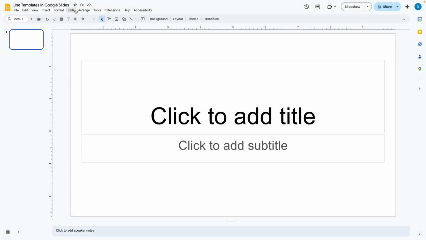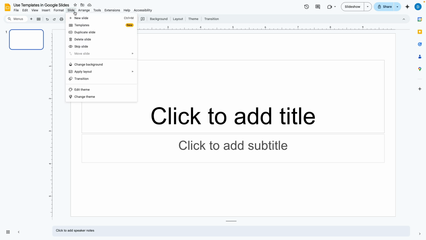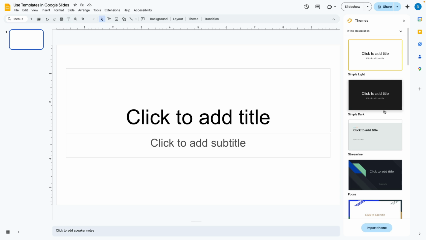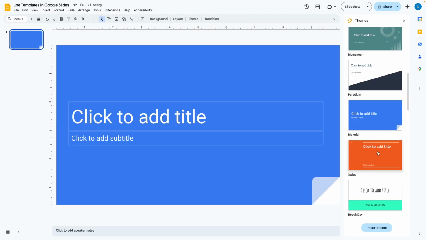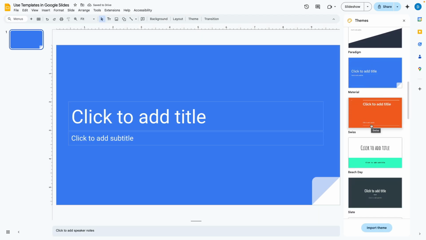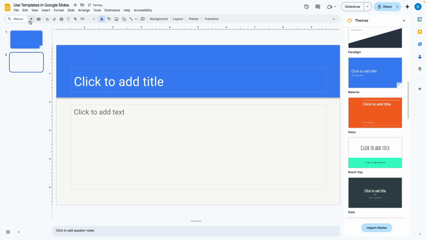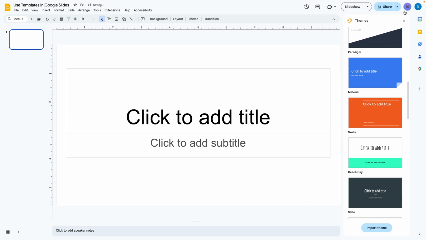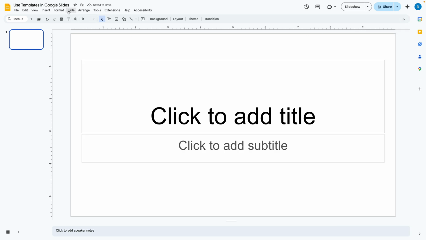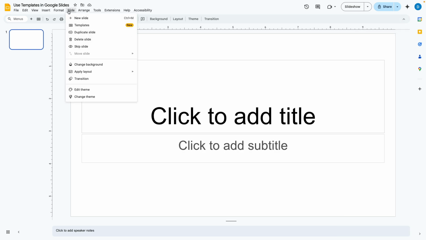So if I want to change the theme of a slideshow in Google Slides, you click on Slide and then you click on Change theme, and then you will have these different options on the right. But notice that it only gives me the first slide, and then after that, it just gives you blank slides with a predetermined design. A template in Google Slides comes with pre-filled information because each of those templates may address